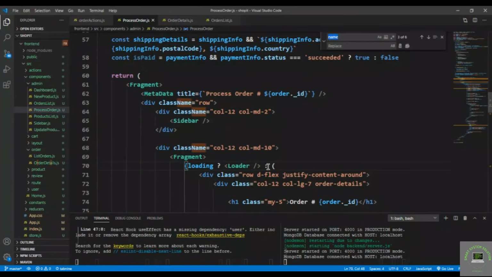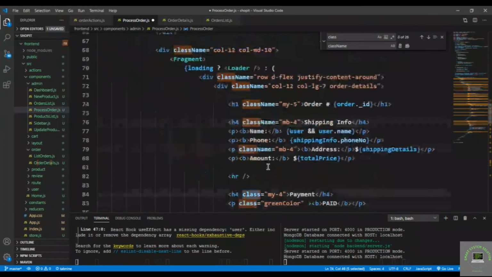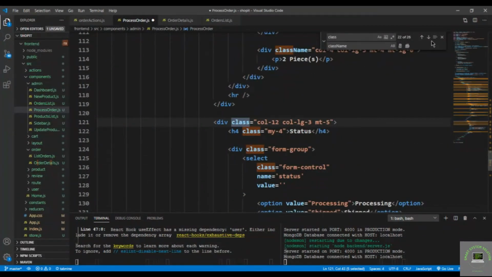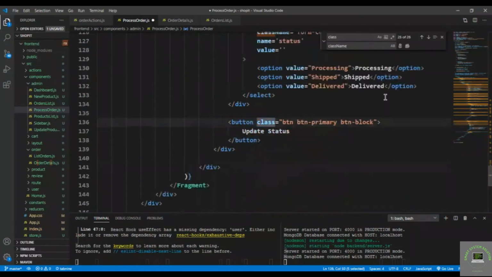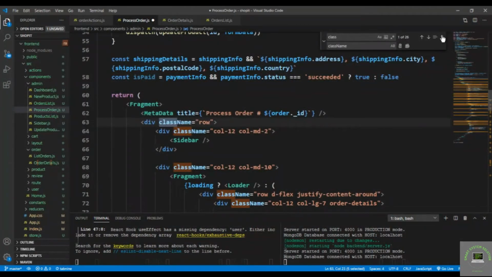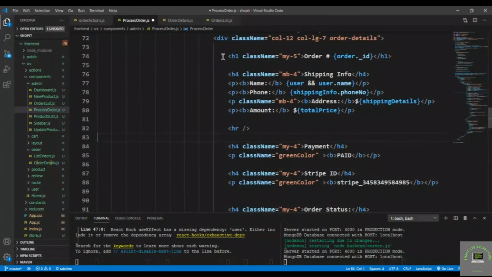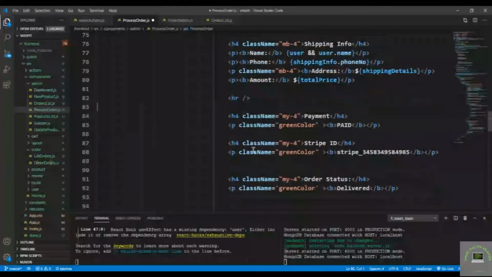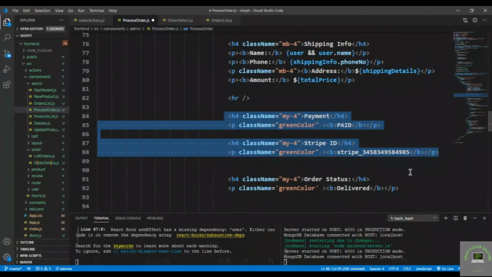So press Ctrl H and replace the class with the class name. Okay, and also I have to replace these. Okay, so now I simply go back and let's copy these two. So copy, put them right here,